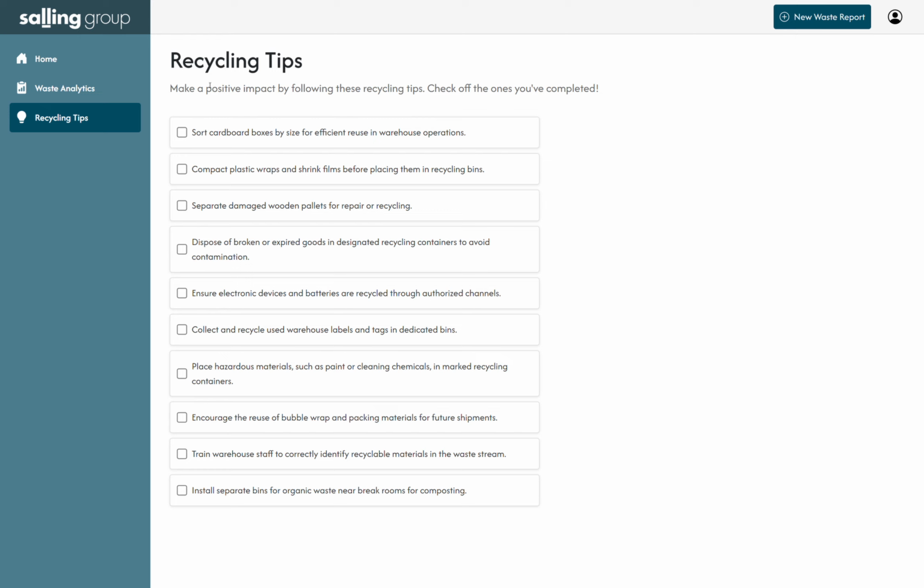These are tips provided by us, which the Salling Group employees can use to make more informed decisions on how to sort trash, or just be more careful how they sort trash. Of course, they can check the boxes to know which tip they have already used, and at the end of the day, the application automatically unchecks these boxes, so Salling Group employees can revisit them and apply them in the